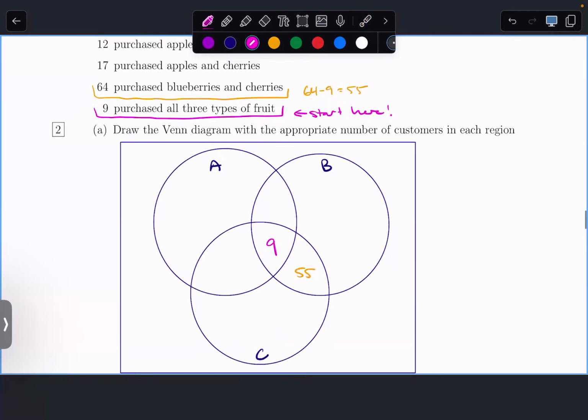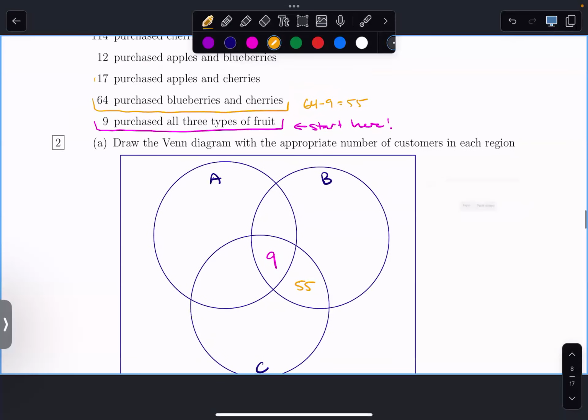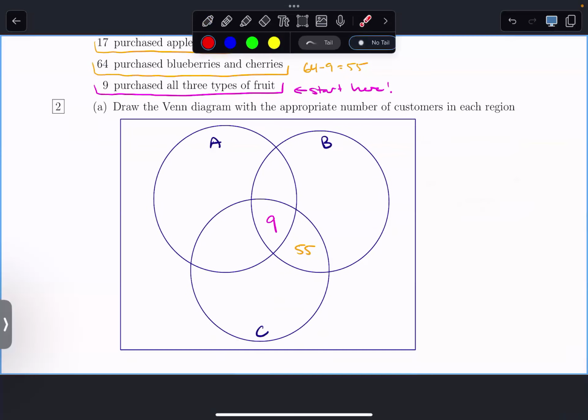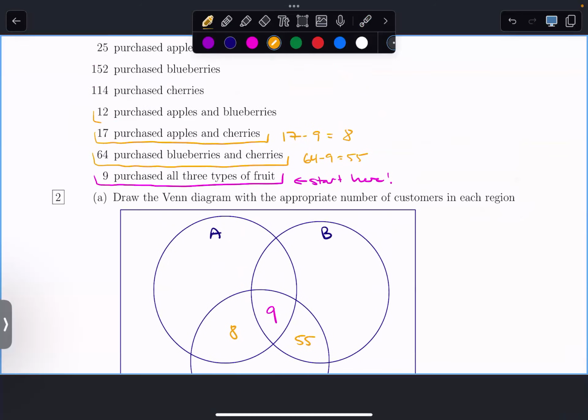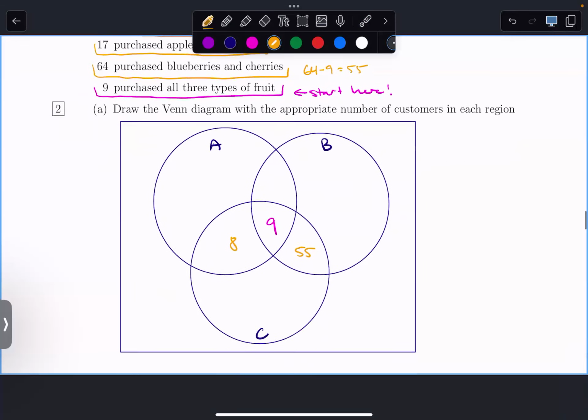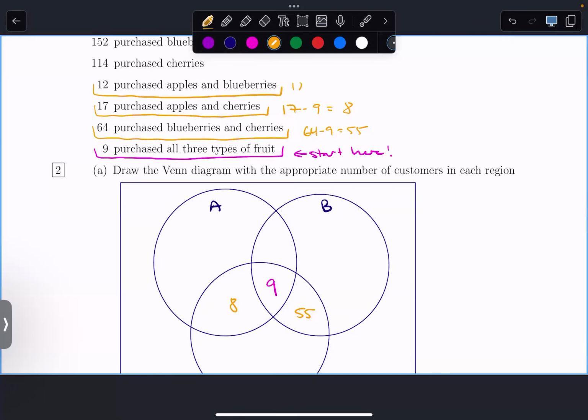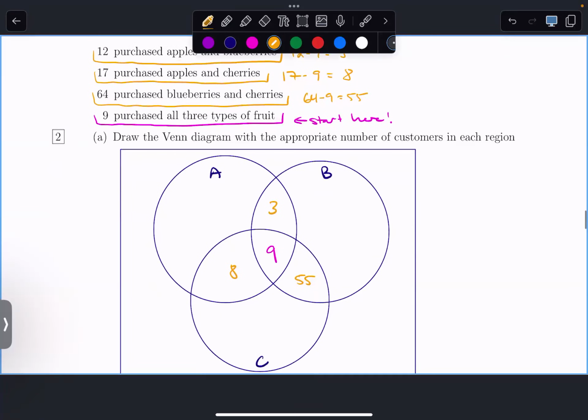And then by the same logic, 17 purchased apples and cherries, but 9 of those are already shown here, so 17 minus 9 is 8. And same logic again. Apples and blueberries, 12, but I'm already showing 9. I get 3. So here,